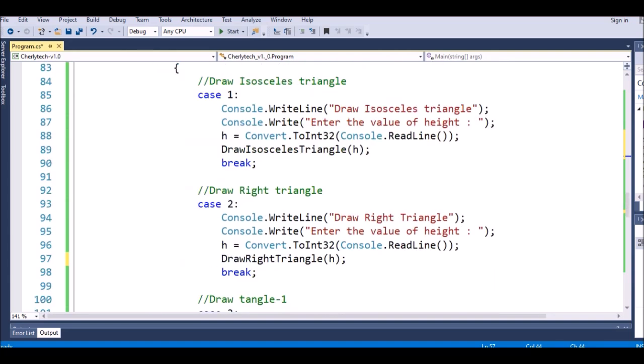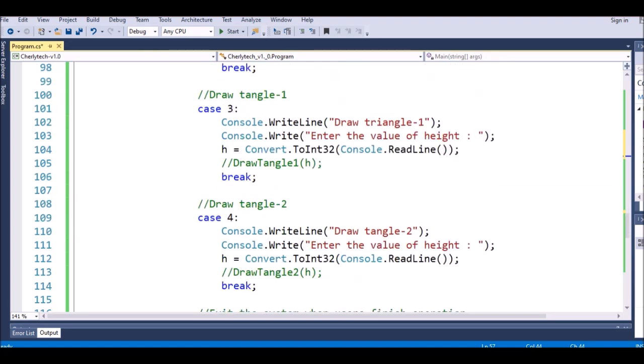So now we are going to create for the case number 3 about this one, draw triangle 1. So to draw triangle 1, we just